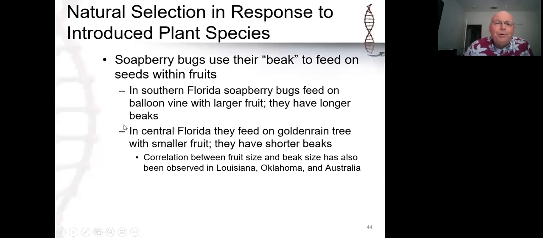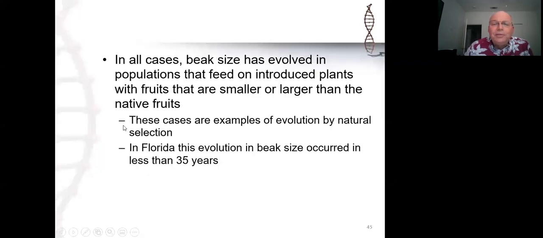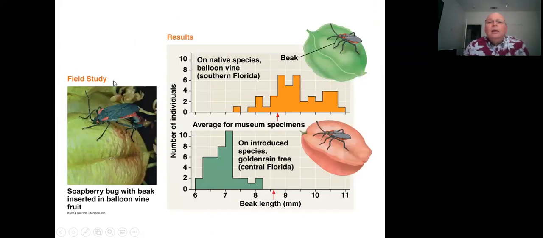Where this becomes important in Florida is that the point at which they entered Florida in South Florida, they started feeding on a particular type of fruit, and as a consequence of